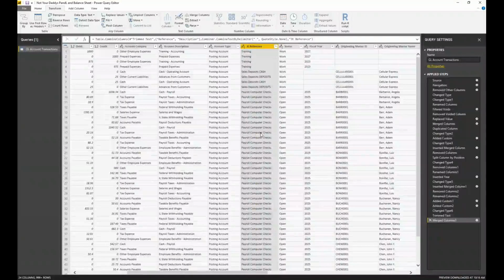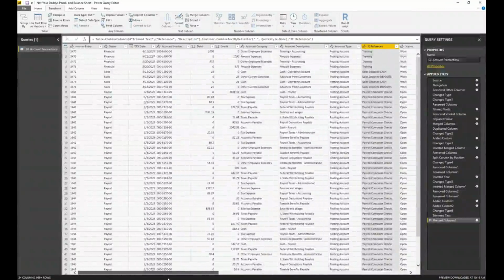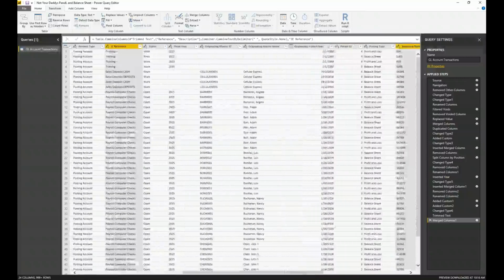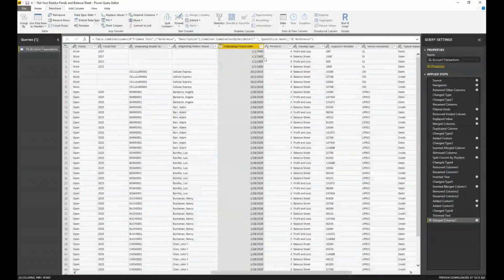The next thing I want to talk about, you can see we're doing a lot of cleanup here because I want to really kind of cover a lot of this information. And this is the originating posted date. This is the date it actually posted. Now, of course, if it hasn't posted yet, if it's work, it's going to have a date of 1/1/1900, which is a void date.